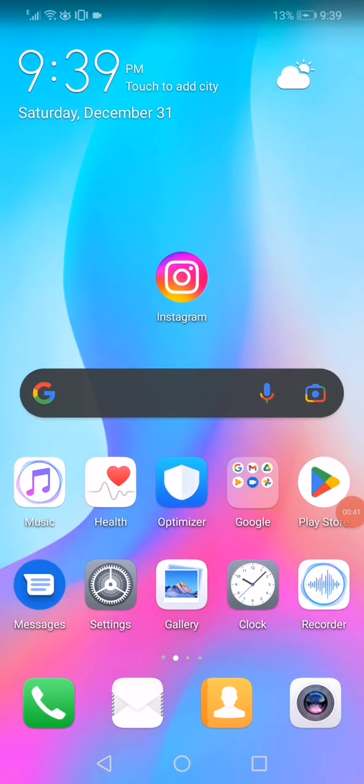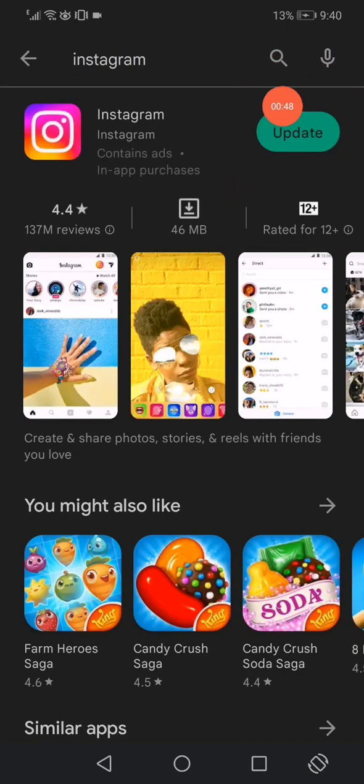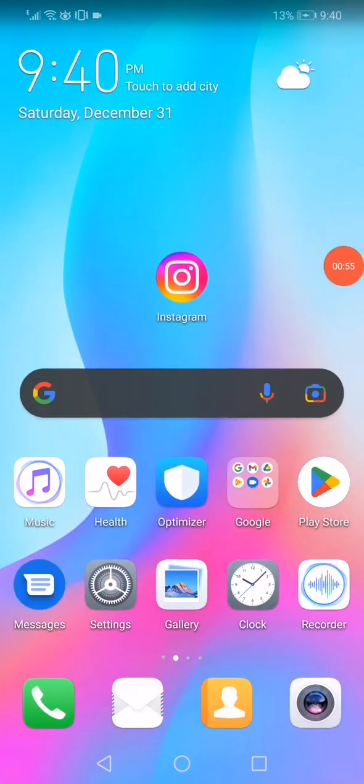like this. And last thing you want to do, open the Play Store or the App Store if you have an iPhone, search for Instagram and then update it if you don't have the latest version, because sometimes it's just because of the update. And that's it guys,